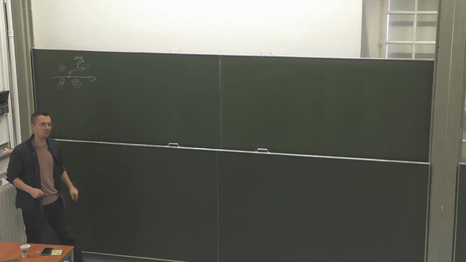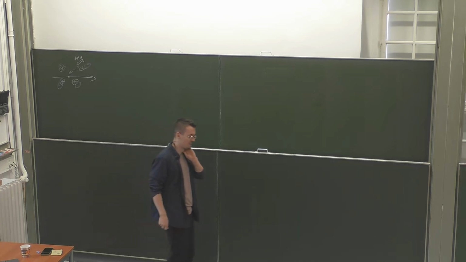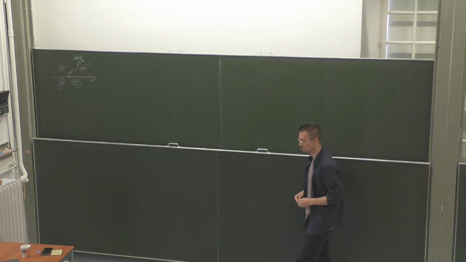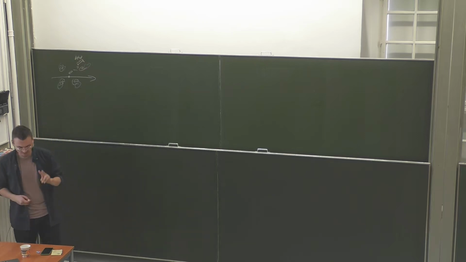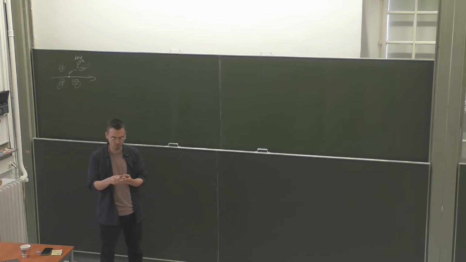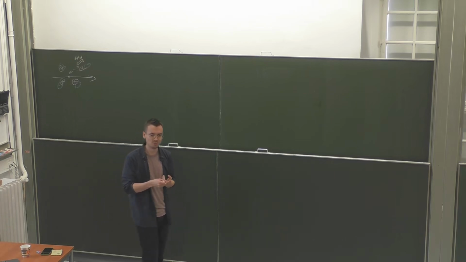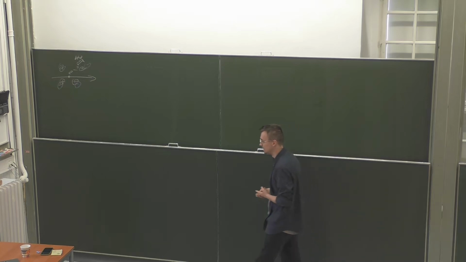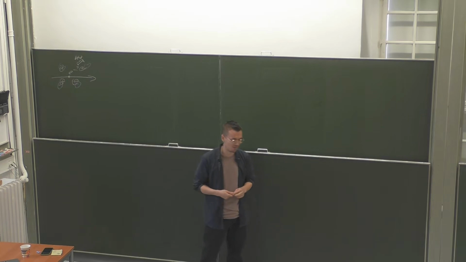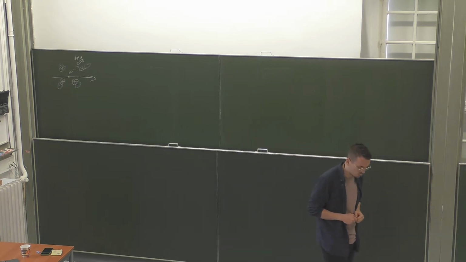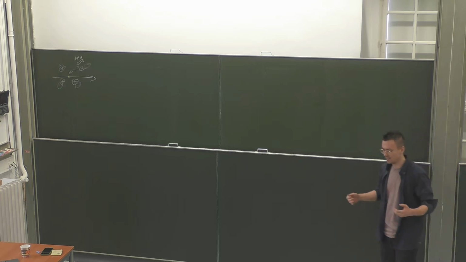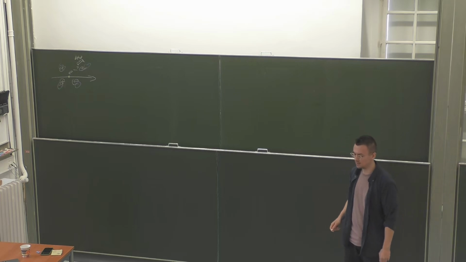Now, I like this model for a multitude of reasons. The first reason is it's simple enough to allow for rigorous mathematical proofs, which as a mathematician I, of course, very much enjoy. However, there is a second property, and without the second property, the first property is worthless. Namely, it is complex enough to give rise to non-trivial phenomena. One of these non-trivial phenomena is an effectively increased mass, which we have already heard about. Due to the attached cloud of polarization, the mass of the electron is effectively increased. And this effective mass,